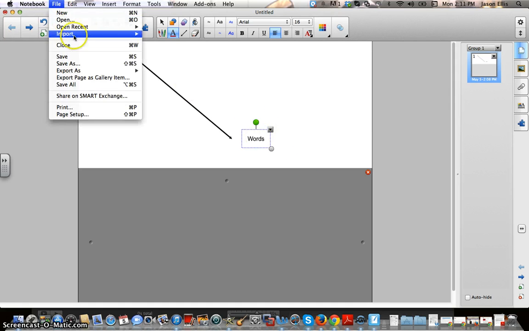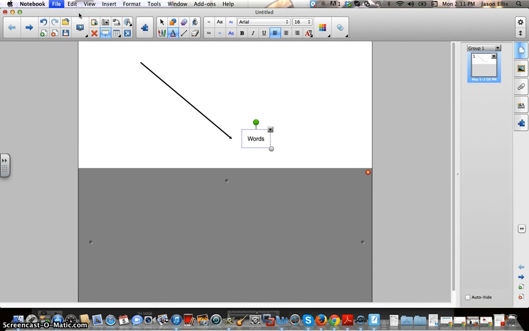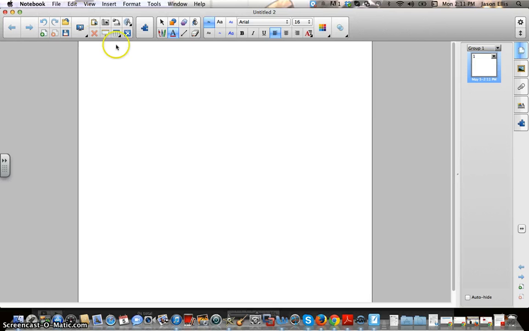Alright, I'm going to create a new one again, and we're going to do a basic fill in the blanks activity, just because I don't want to delete the individual pieces of structure that we just threw on there. So I'm just going to create a new one, and we're going to create a fill in the blanks here